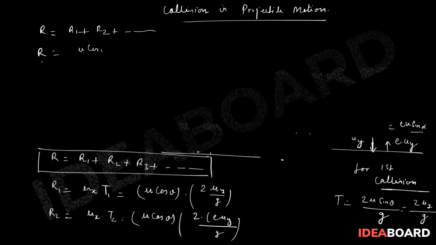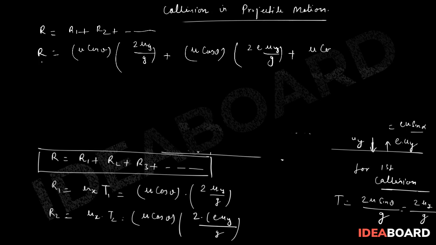R1 is u cos theta into 2uy by g, plus u cos theta into 2euy by g, plus, for the third, similarly we can write u cos theta into 2e square uy by g,